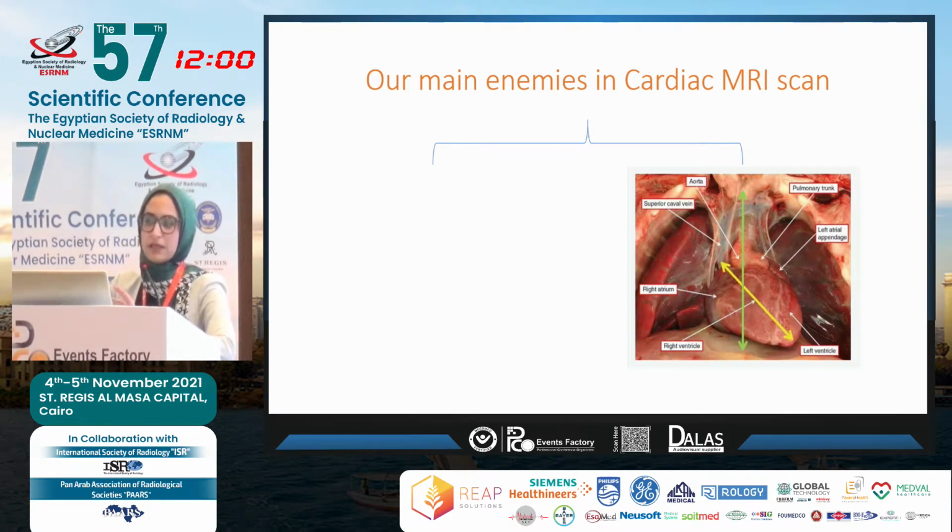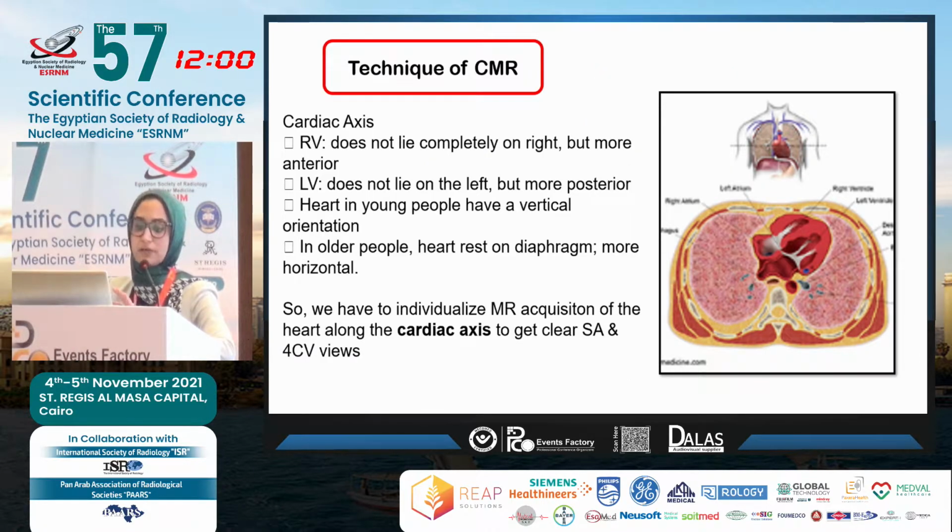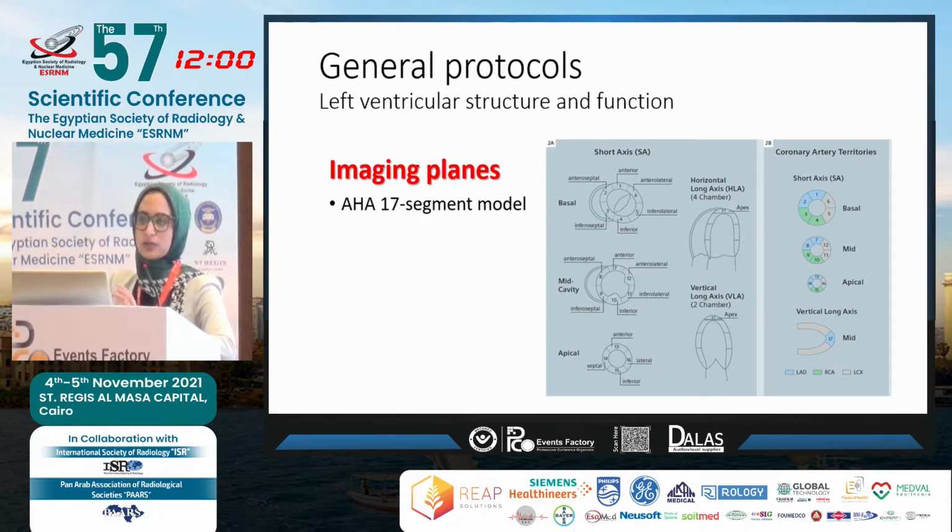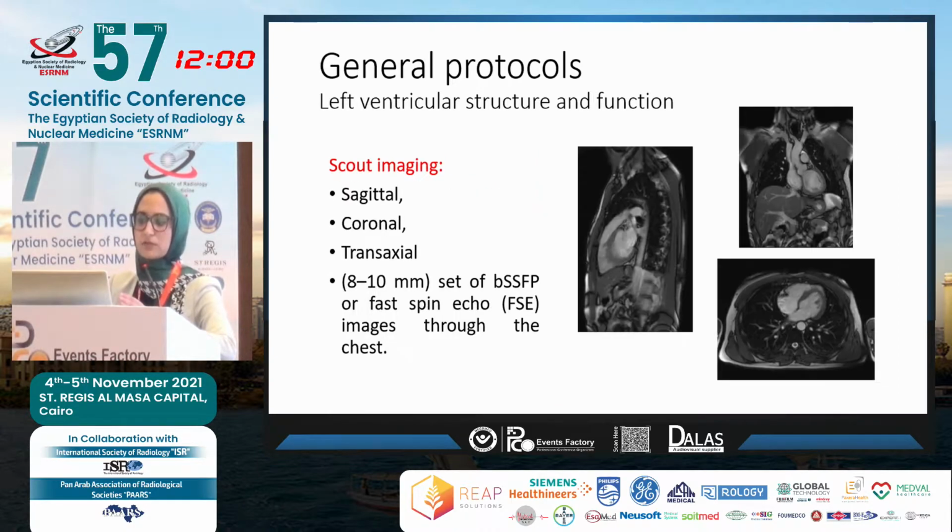The second enemy in our scanning process is that the heart actually doesn't lie aligned with the axis of the body. It's rather in an oblique direction, and it has to be individualized in the MRI acquisition protocol in order to align our plane acquisition with the exact cardiac axis. And the planes we actually use are based on the AHA recommendations. They are either longitudinally oriented along the longitudinal axis of the heart, or short axis oriented, so that's perpendicular